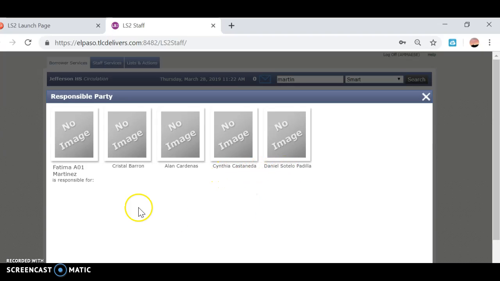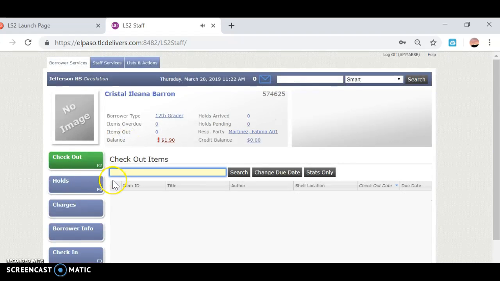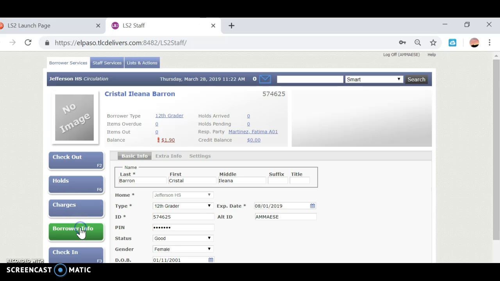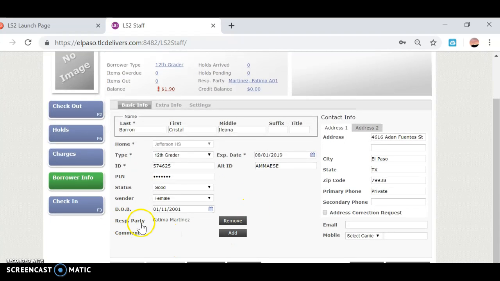will come up. And if you want to check out a book to Crystal Baron under Fatima Martinez's responsible party, you would click on Crystal Baron and check out a book to her here. If you're not quite sure, click on borrower information, scroll down, and it'll show you that Fatima Martinez is a